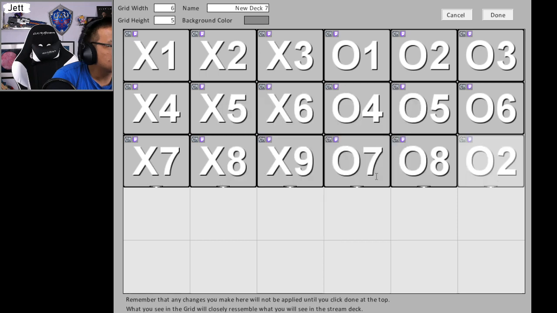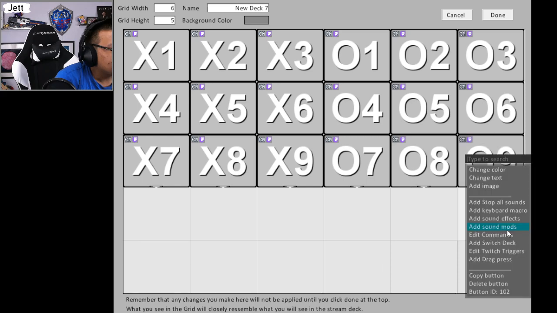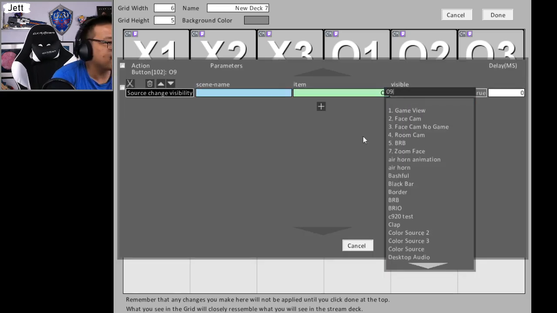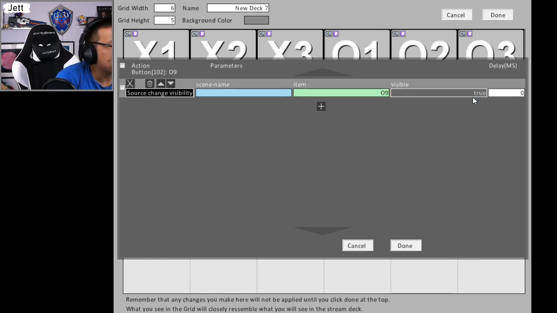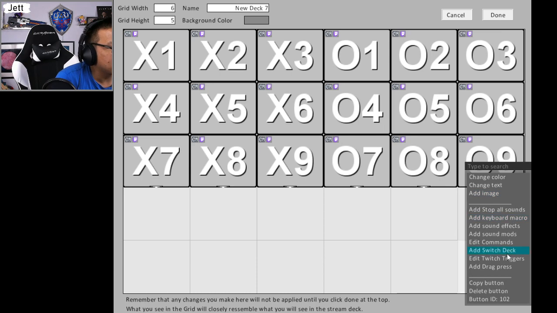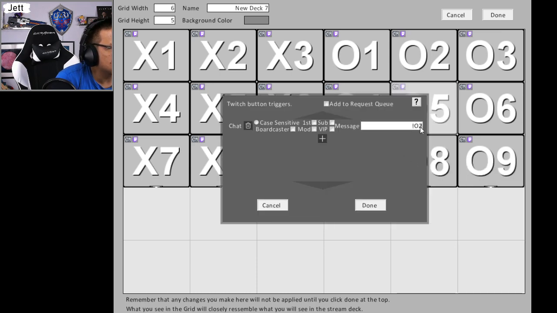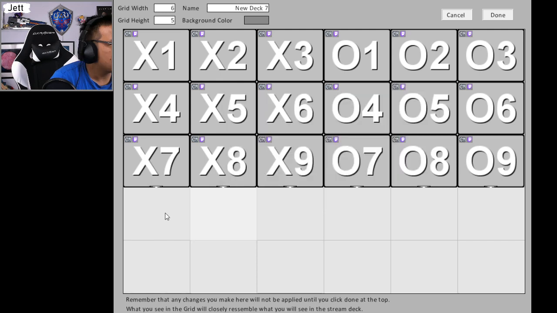09. Edit commands. 09. No, 09. There's a difference. Edit triggers. Maybe like a battleship or something? I don't know if that would work. And then we'll make